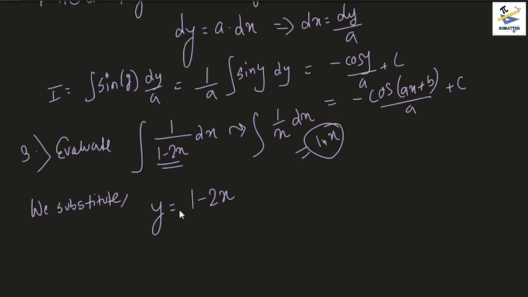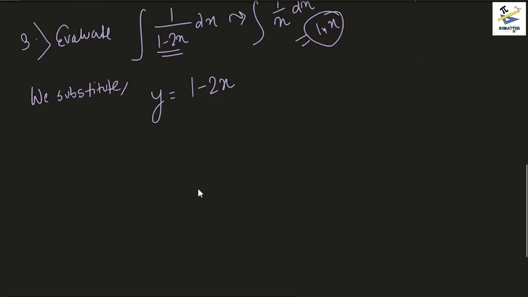Now y equals 1 minus 2x would give us a pretty easy way to evaluate this integral, because when you differentiate both sides, what you get is dy equals minus 2 dx, right? And this would give you dx equals minus dy by 2. Using this,